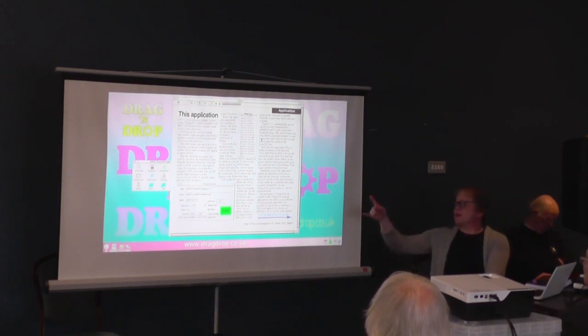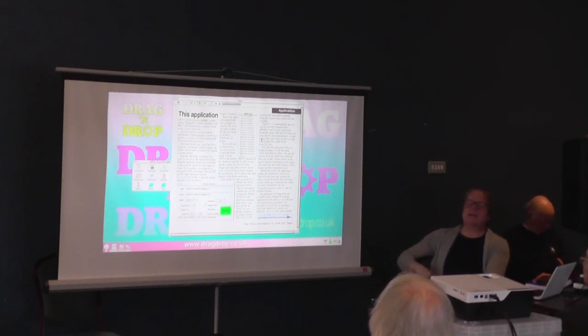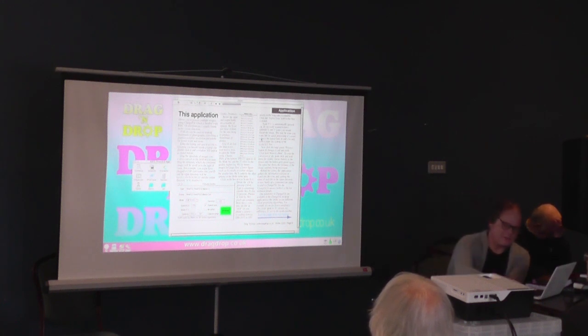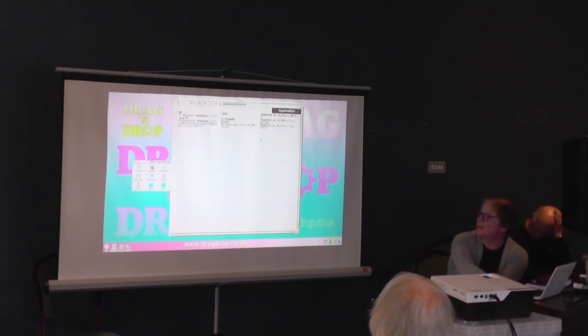But this one, it's a variation on something that's been done before, but this is the drag and drop version, a prototype application that you can use to generate thumbnails, process images, so process lots of images at once. There's just a short description of how to use it, the listing there, it's a couple of pages,